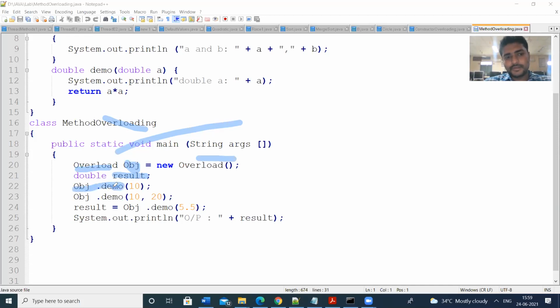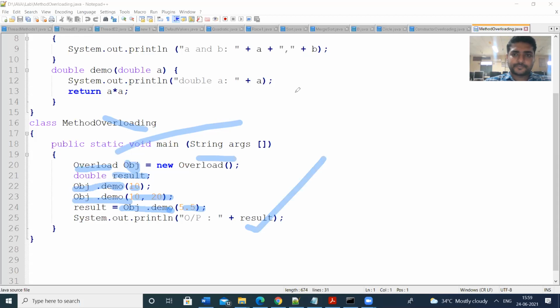Demo is the method name. Demo 10: I am passing a single variable. obj.demo: I am passing the 2 variables, 10, 20. Next, third obj.demo: I am passing a single parameter, but of type double, 5.5. The result is stored in the result variable, and I am printing the result.